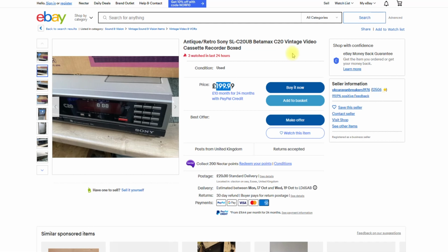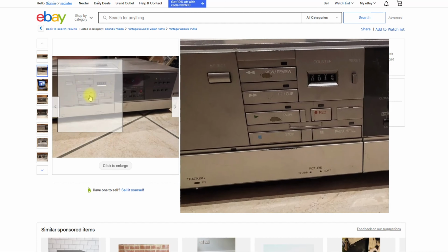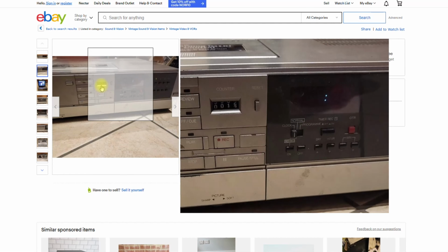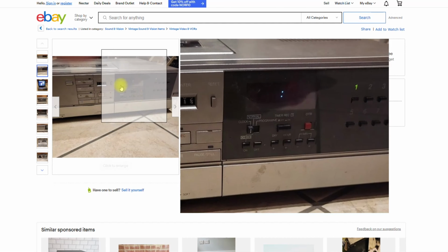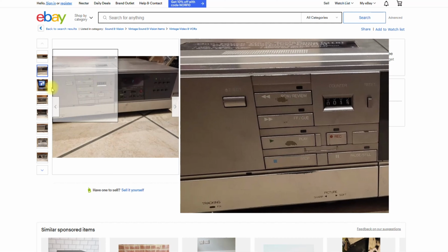You might get 50p. So here's another great one. I love these. I prefer the 366, which is the 4-head version. This is really tatty, which is a real shame. Possibly might have been tempted by that. It's one of the few machines left on my list of VHSs that I would like to get hold of. It's not to say that I won't get hold of more,